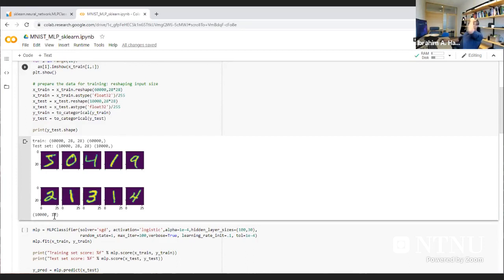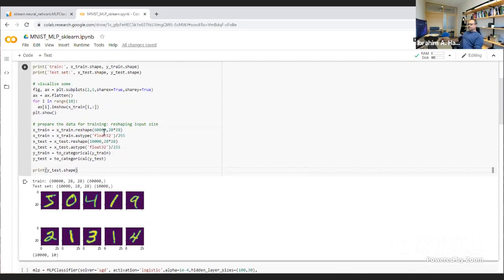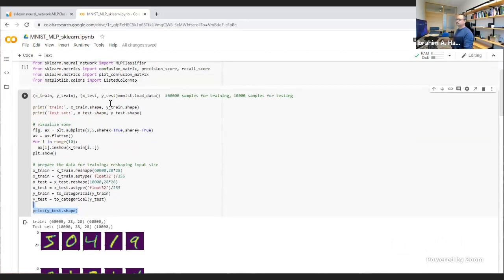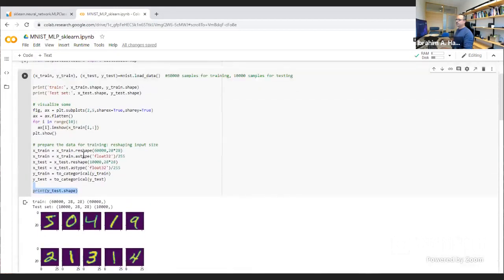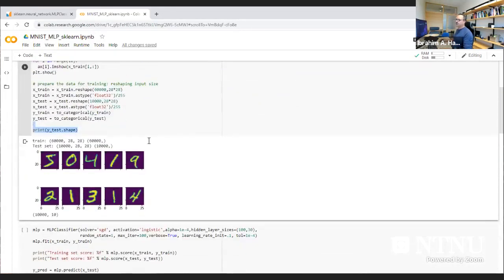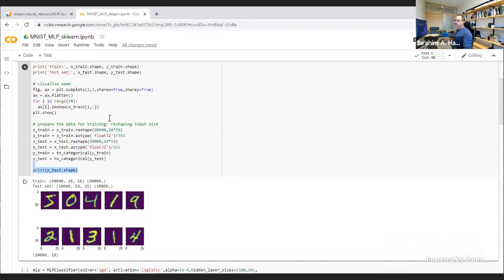So we're converting it from one column into 10 columns using one-hot encoding. And we can plot some of those examples. We visualized some before, but if you want to visualize it,